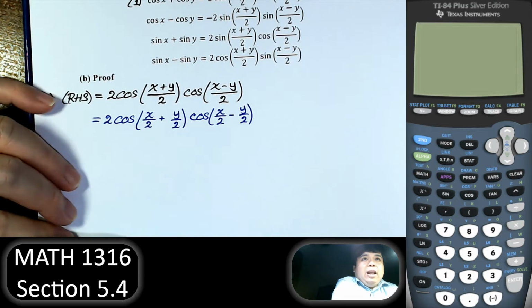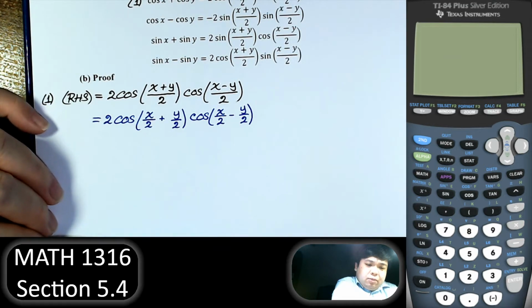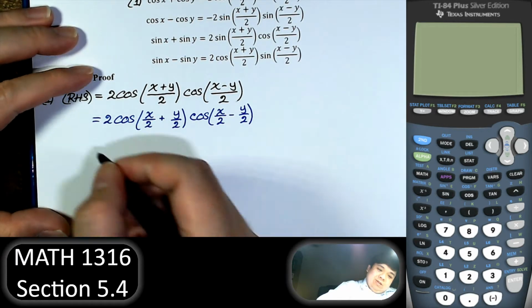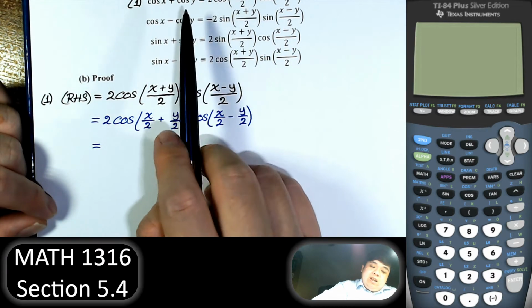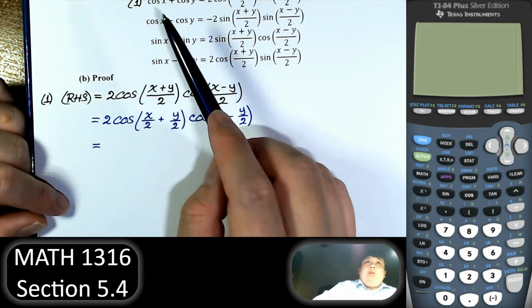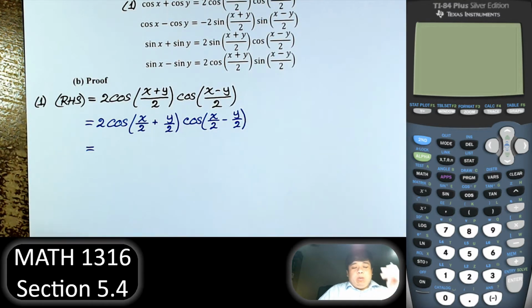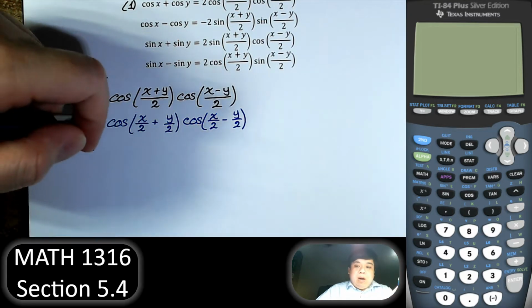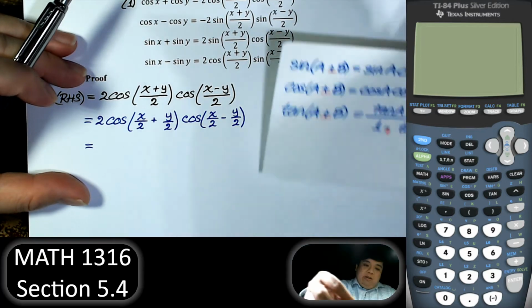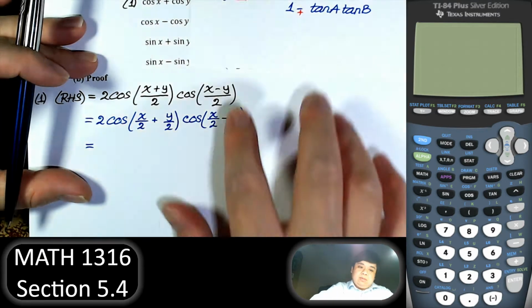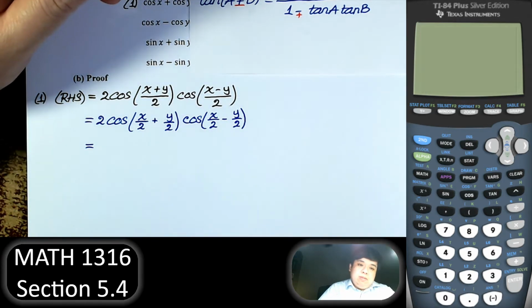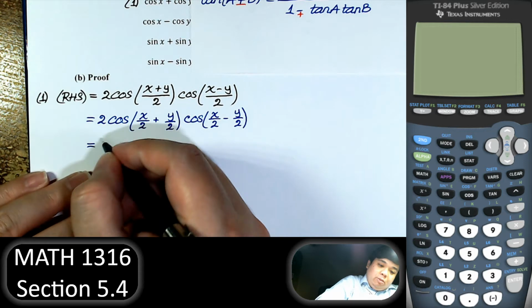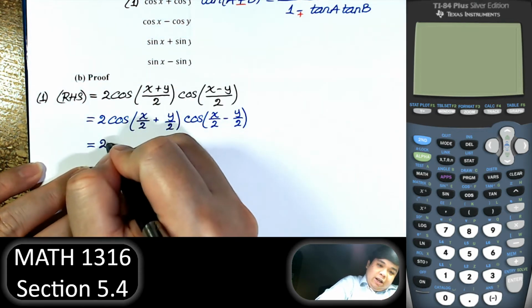Right. Now the only problem is, which one do we use? Of course, we end up with cosine of x over 2 and cosine of y over 2. That's what we expect to get. So which identity do we use? By the way, this is just the sum and the difference. So I'm looking at this one. And there's only one option, so I'm going to go with 2, and then